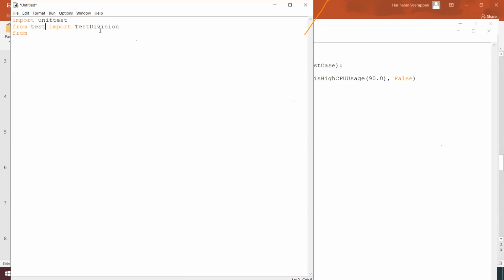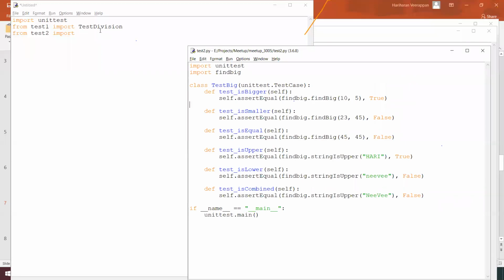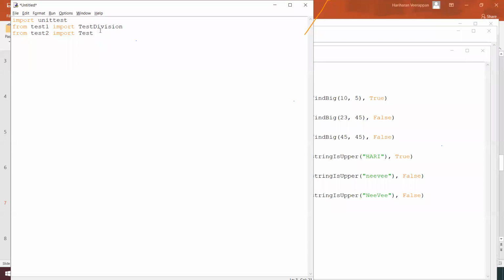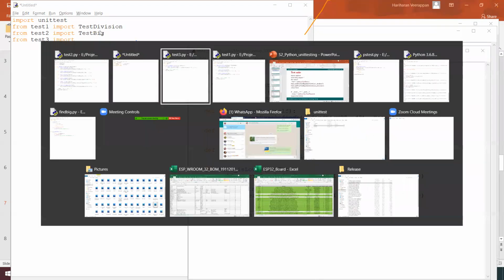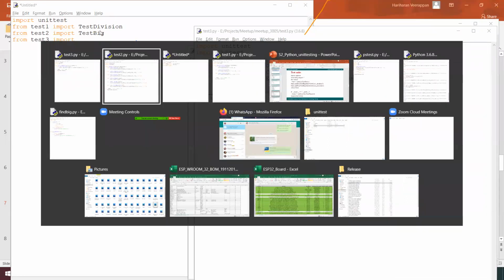From test2, I'm going to import test big, and from test3, I'm going to import test system info over here.